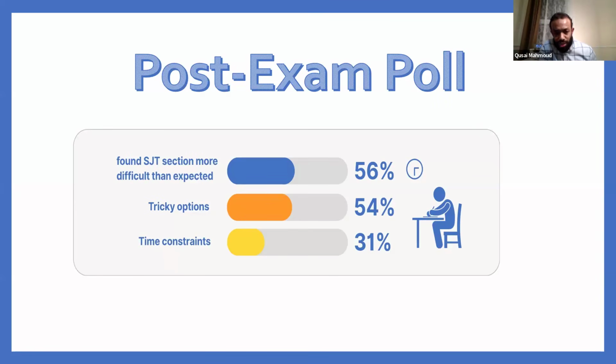Generally speaking, your colleagues said the problem was the options; time is not the major issue anymore. However, 31% said they had some time difficulties. We didn't finish on time. We finished just on time. We didn't have time to revise. So 54% said no, it is all about the tricky options, and 31% said it is about the time. So how should we change our study style? We are going to that as well.